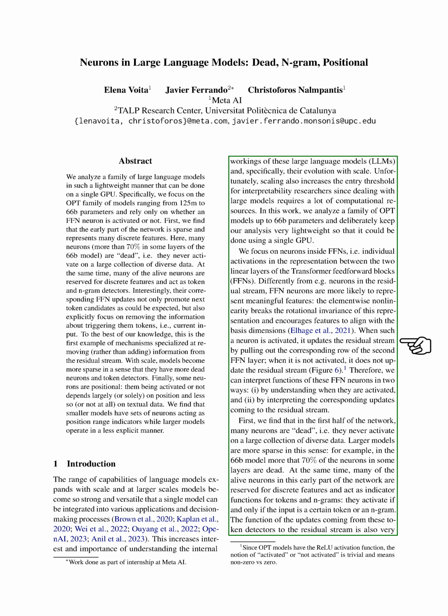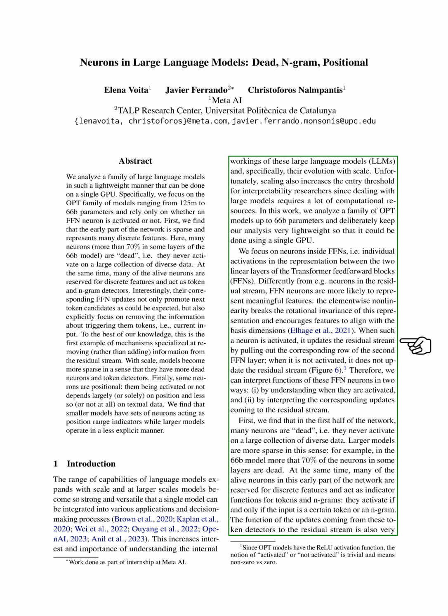be conducted using a single graphics processing unit, GPU. Our focus is on the neurons inside the feed-forward networks, FFNs, of these models, which are the individual activations between the two linear layers of the transformer FFNs. Unlike neurons in the residual stream, FFN neurons are more likely to represent meaningful features. This is because the element-wise nonlinearity in these neurons breaks the rotational invariance of the representation, encouraging features to align